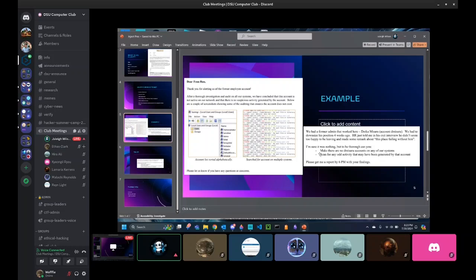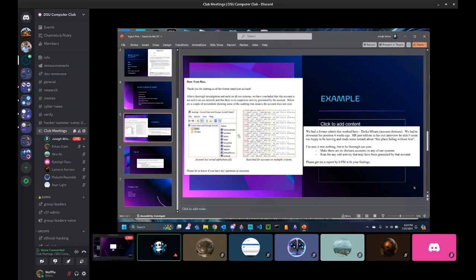So I mentioned earlier that I was going to give you an example of a more report-oriented inject. For this example, I have the prompt over here. They had a former admin and they got rid of him, and they're like, oh, but he seems angry, so can you go check and make sure that we got rid of all the accounts and see if there's any odd activity that he may have done had we left one of the accounts. And then having a report by 6 p.m., that's just whenever the deadline was for this particular inject.